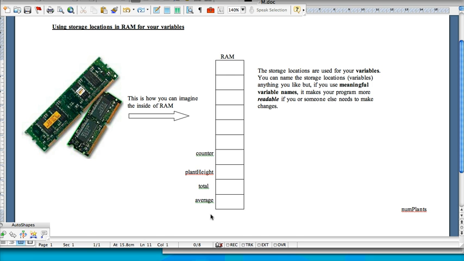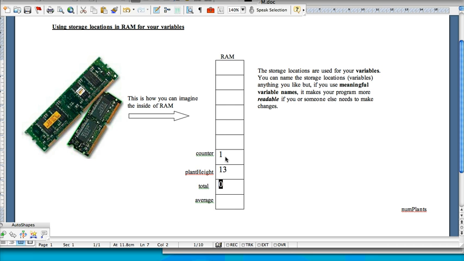But the other thing is you can't be too sure of what values are in storage locations before you start using them. So I'm going to make sure that my total starts off at 0, and that's probably the first thing I should do in the program before I start counting and getting the plant heights and adding them on and so on and so forth. Just going to move that over a bit so you can see that. Is make sure total starts off at 0. So that would be my first step, and then I can get my counter going,